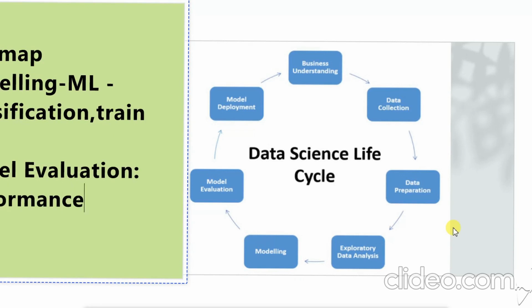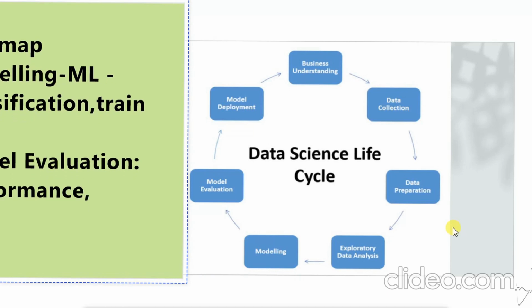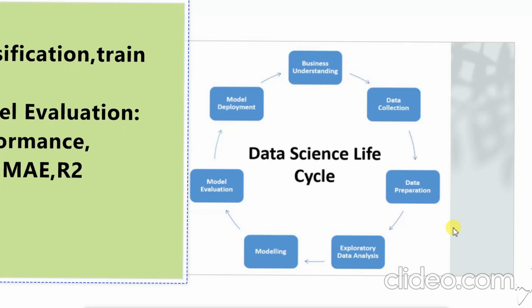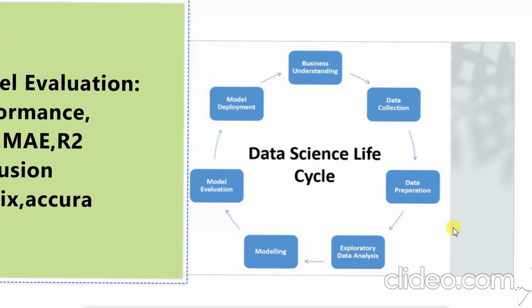When the model is built and it is ready for testing, you have to definitely check the performance of the model, right? You have to check whether the model is giving you good results, good predictions. You have various methods for checking the performance of the model. If you are using any regression algorithm, you can check the performance by means of mean squared error, mean absolute error, or R squared error. If you are using any classification algorithm, you can check the performance by means of confusion matrix, or you can go for accuracy. These are various methods for evaluating the performance of the model.